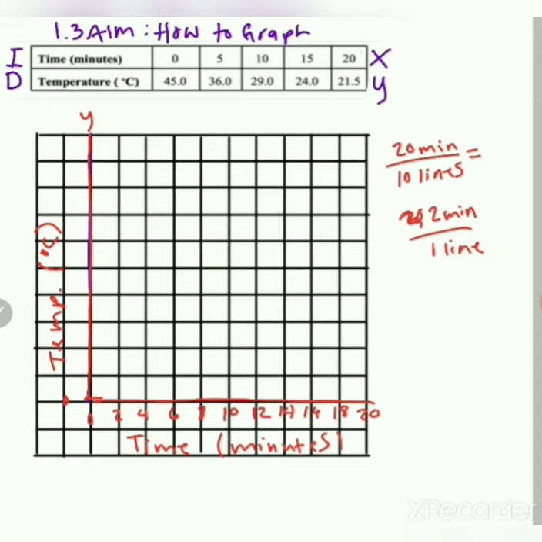Our y-axis is a little trickier. I'm going to say that we should show all 45 degrees Celsius. We have 45 degrees Celsius as our max and 21.5 degrees Celsius as our minimum. That's going to be a little bit annoying to graph, so I'm just not going to. I'm going to make this graph look better in my own opinion. So we're going to take that 45 degrees Celsius,